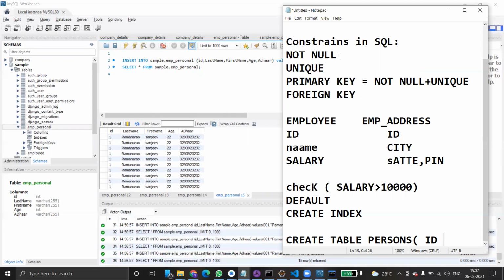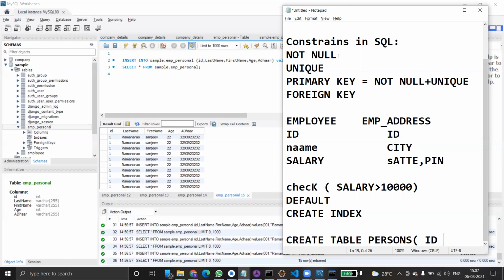How do you create an index? Okay, the create index statement is used to create indexes in our table. As I told you, these are used to retrieve data from the database more quickly. Okay, more quickly than a traditional approach. How will it speed up? See, users cannot see the indexes. They're just used to speed up searches and queries.